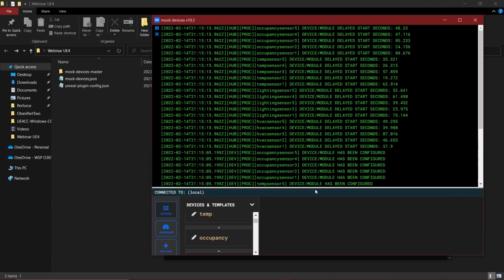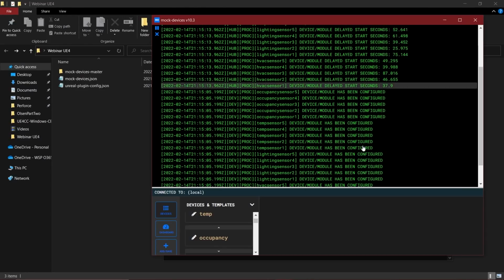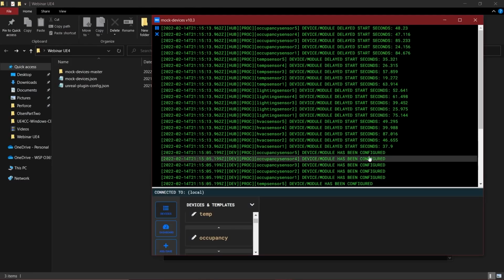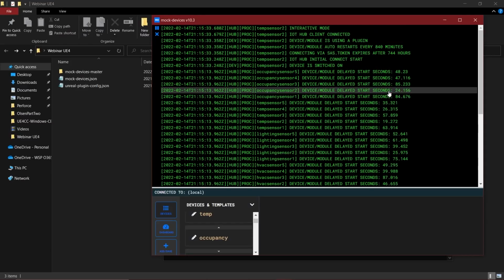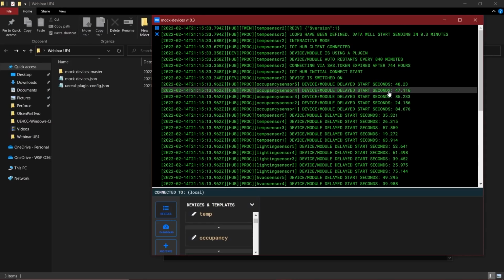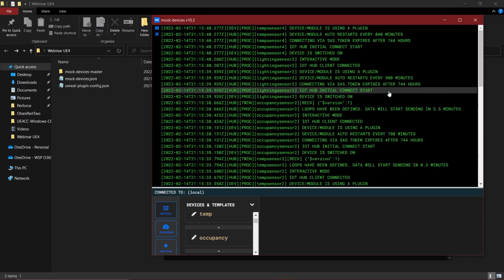So now if we open the log here, we can see that the start is a bit staggered as part of the config, but within a minute or so, all of the sensors should be beginning to send telemetry data to the IoT hub in the Azure backend, which will then relay the information through an Azure function to the Azure Digital Twin service.